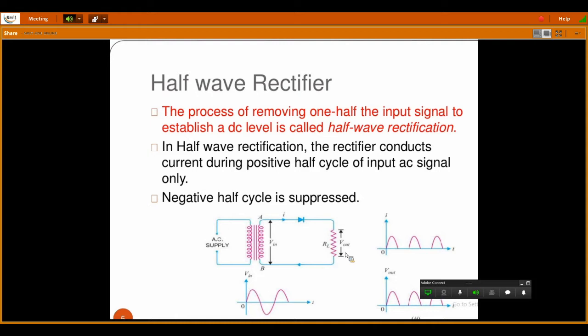Now, below this circuit diagram you are seeing our input signal. This is nothing but our AC voltage input signal, and this is a sine wave. So when this sine wave is given as input to the step down transformer, what happens? We are getting only positive peaks as the output. This is nothing but half wave rectification. You can see on the right side the current waveform and the voltage waveform, where only positive peaks are present. The negative peaks are suppressed. You must have wondered where these negative peaks have gone.